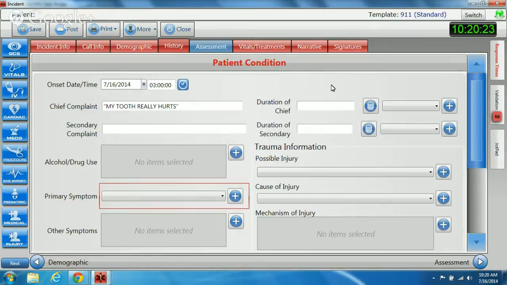How long has that been hurting? "Oh, this particular episode has been for 6 hours." Okay. Secondary complaint: if he has a secondary complaint, enter it here. This is another place where, especially on transfers, you ask the patient, "Hey, what's your problem?" and they say, "Hey, I feel fine." Okay, they've been feeling fine for the last 6 hours, but